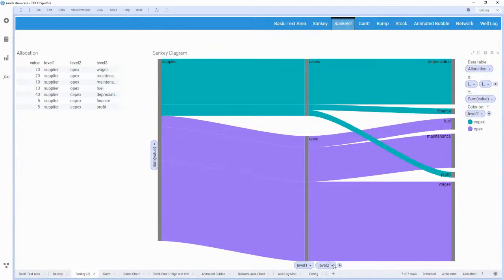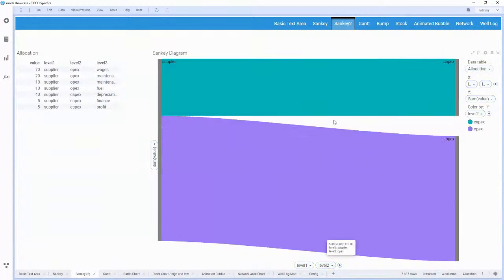I don't know what's going on. Oh, there it is. It just took a while to update. Sometimes when I'm streaming, it just gets a little bit slow. So